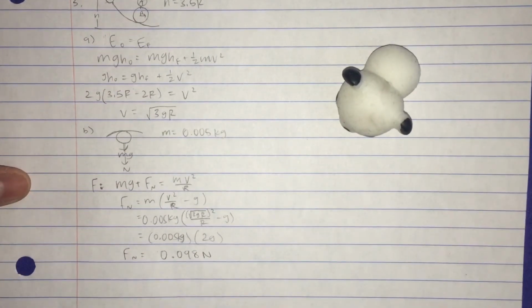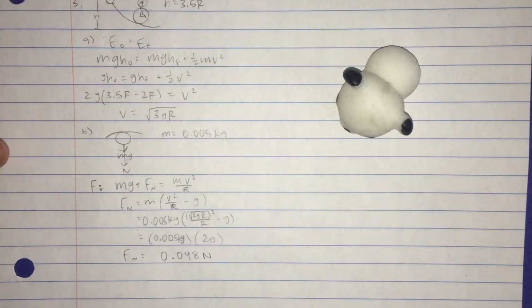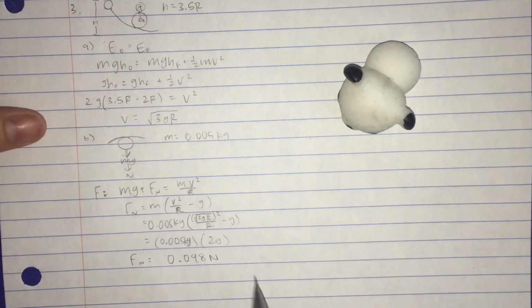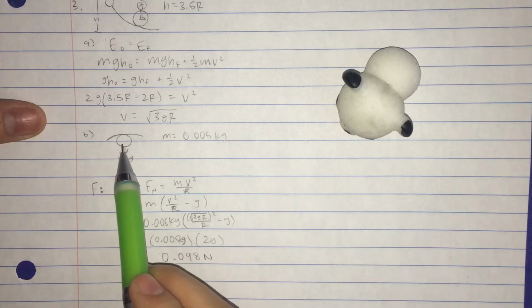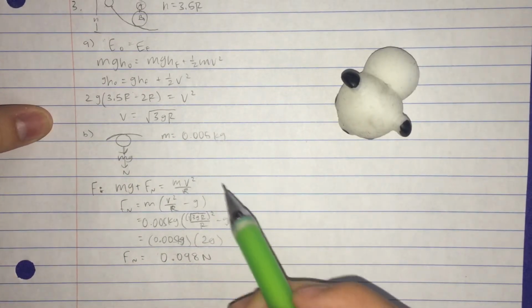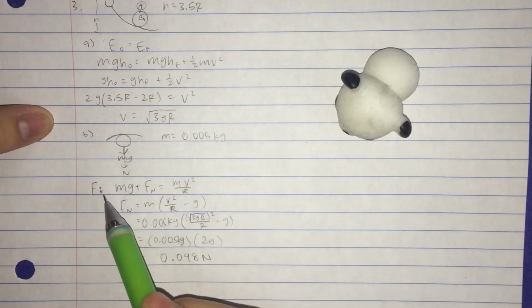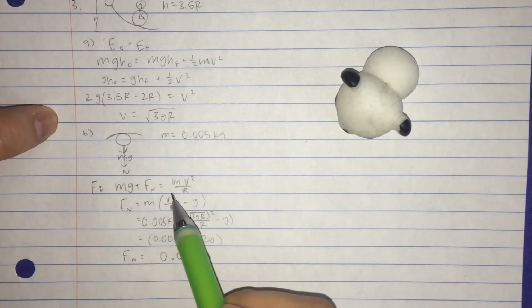And then for part B, they ask how large the normal force is if the mass of the bead is 0.005 kilograms or 5 grams. So here's just a little diagram of the forces. You have mg and you also have the normal force. And so if we write the equation of our forces, we have mg plus normal force is equal to mv